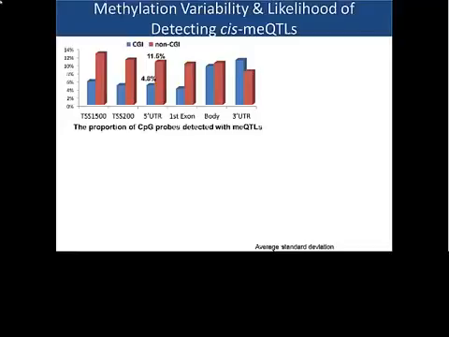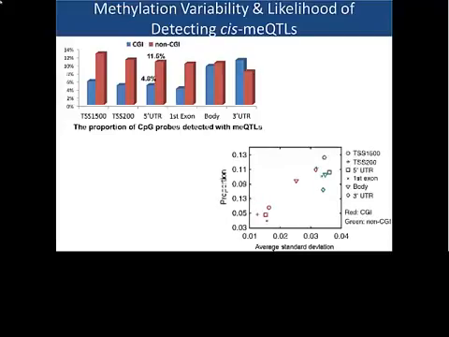So according to this figure, you can see that the CpG sites located in the CpG island regions are much less likely to be detected with methylation QTLs, except for the region 3' UTR. So why did this happen? We found that this phenomenon could be well explained by the variance of methylation across the samples. So in this figure, we